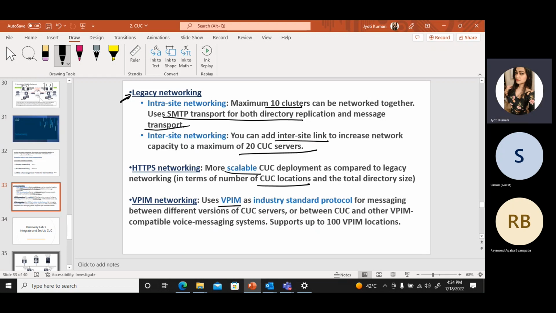VPIM is an industry standard protocol for messaging between different versions of Unity Connection servers. VPIM is a networking which is used for multi-vendor servers, not just Cisco, but other VPIM compatible voice messaging systems from other vendors. It supports up to 100 VPIM locations. Very large. Okay, so that is it about the